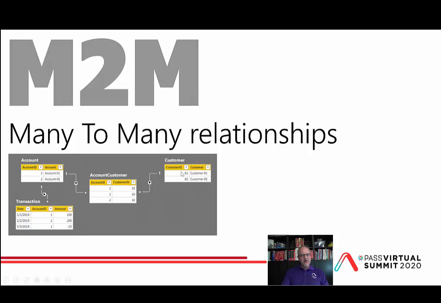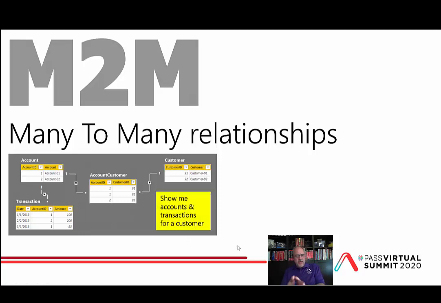Let's look at the direction of this filter. So if I select a customer, you can see that through this one-to-many relationship, that's going to filter the account customer table. And the account customer table is not going to filter the account table because of the natural direction of this relationship filter from the many side to the one side. By default, naturally, that is not going to propagate that filter, and I'm not going to get a filtered list of accounts nor transactions. So, how do we fix that?